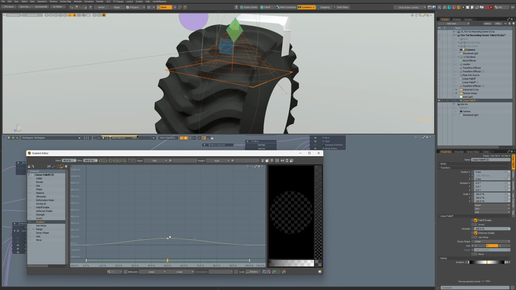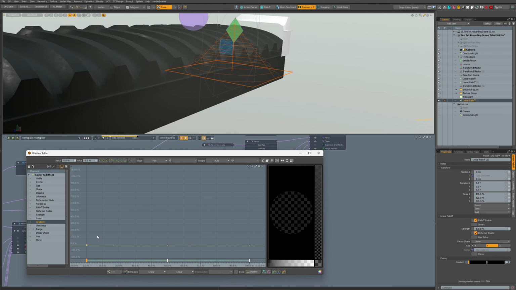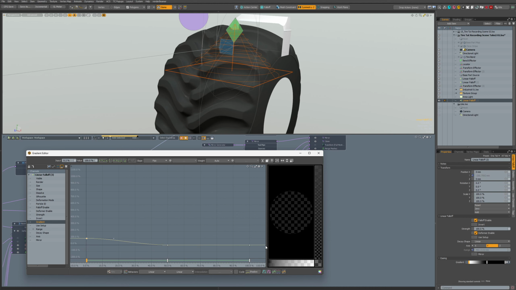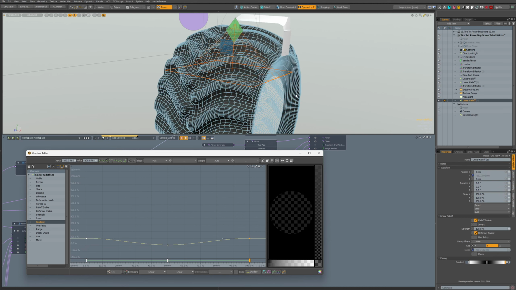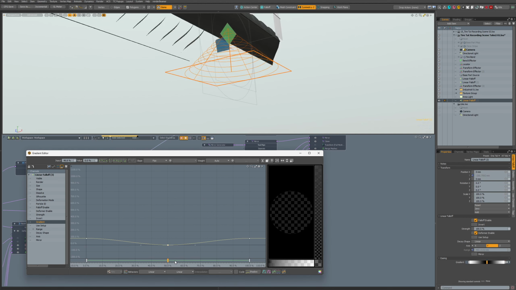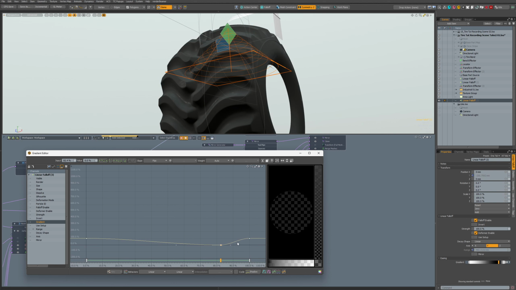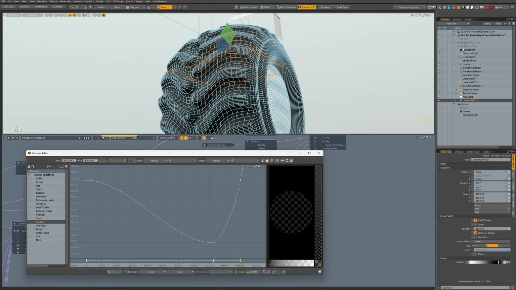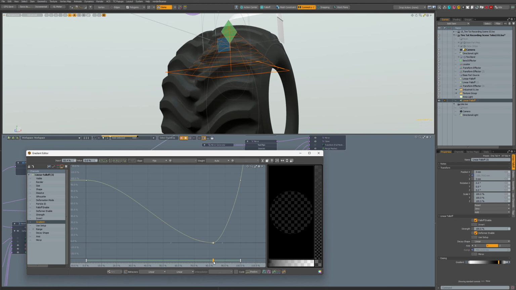So that 100%. So now there's some kind of bulge and barge. It's not easy to pronounce English when you are Finnish.